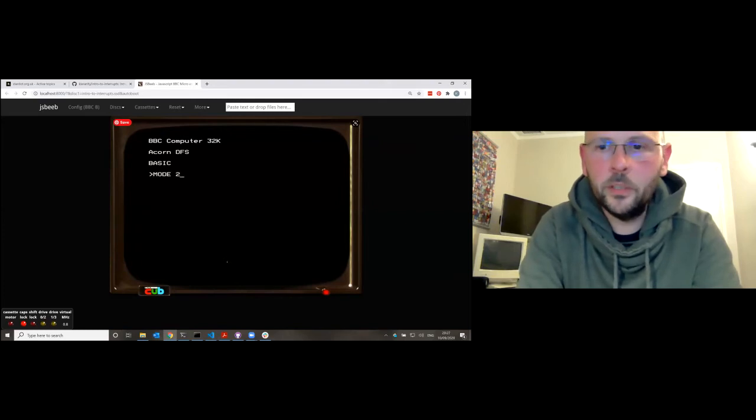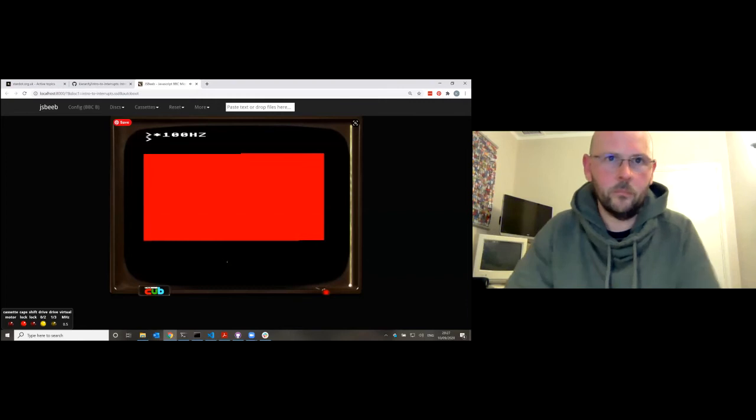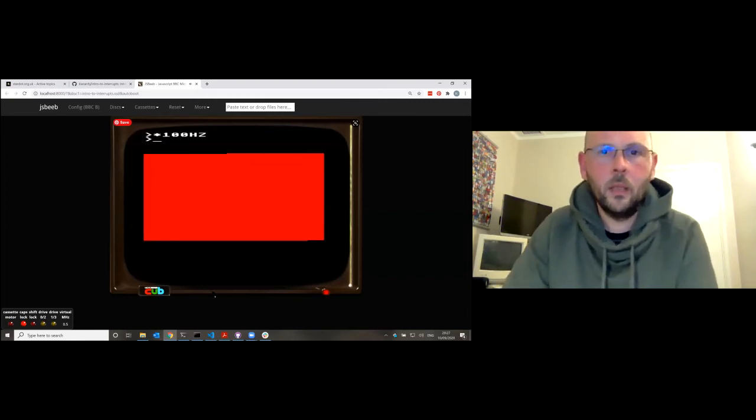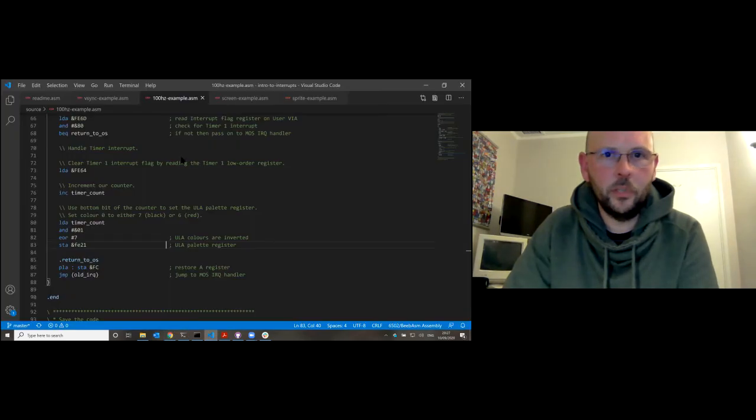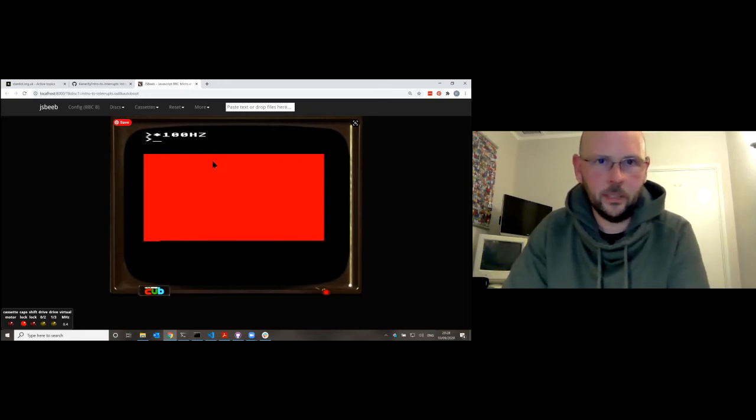Because the ULA has no effect in mode 7, at least the palette doesn't, we can run that from mode 2. And here we go. We can see that it's now switching between black and red, and this will happen at 100 Hertz. So it's happening twice a frame. And it's roughly steady. Okay, it's not exactly steady, and that's because we're letting the MOS also service interrupts at the same time. So depending on what the MOS is doing, it's taking a slice of that time,